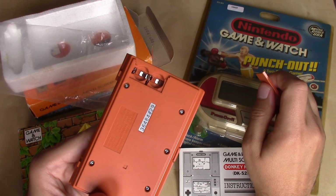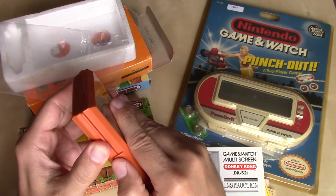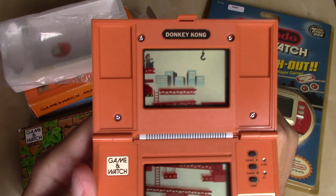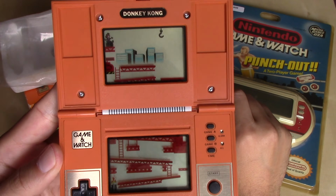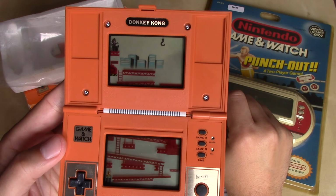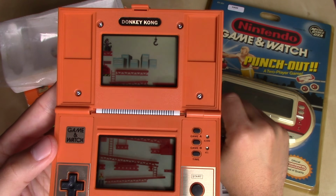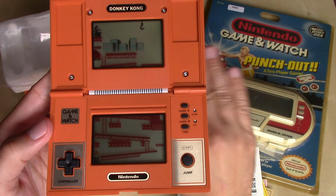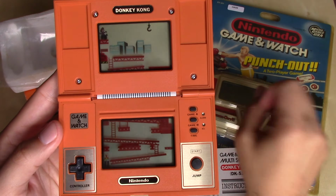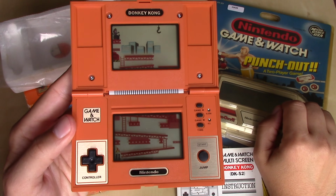Small compartment for the two batteries that were included originally. But as we open it up here, we see the two screens, and you can see how they've got those transparent colored layers to give some permanent background there. Those graphics aren't produced by programming. They're actually like physical acetate layers in there that have color graphics on them. But this is the ribbon cable that connects the two screens, what that part in the manual was instructing us